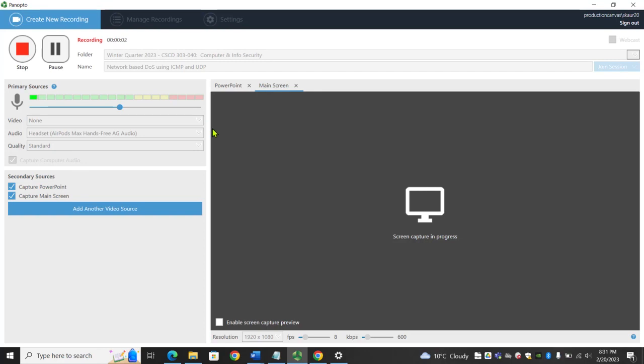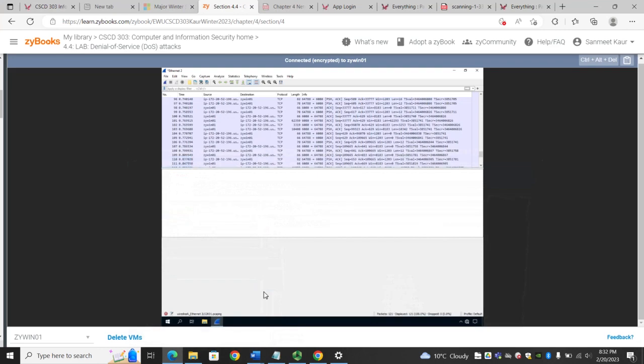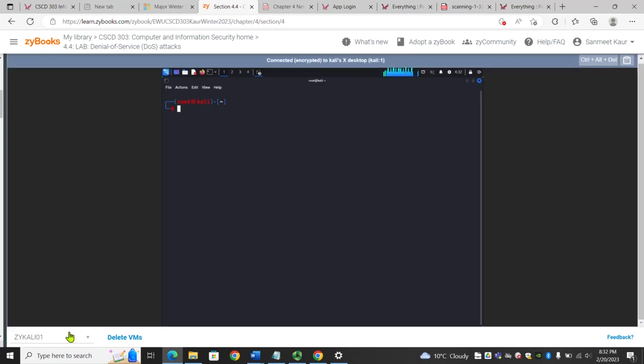Hi. So now we are going to discuss the network-based denial of service attacks using ICMP and UDP. For this, again, we are going to use these two machines. So Kali Linux will be used to launch the attack on the Windows server. So let's go to the Kali machine, and here the first thing that we are going to discuss is ICMP